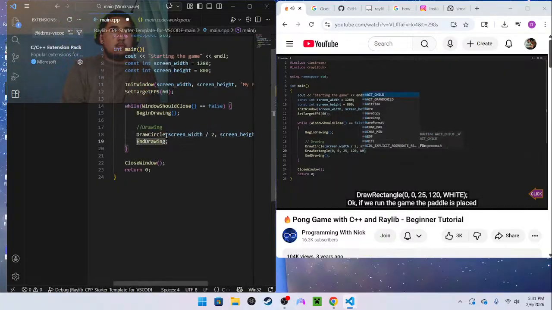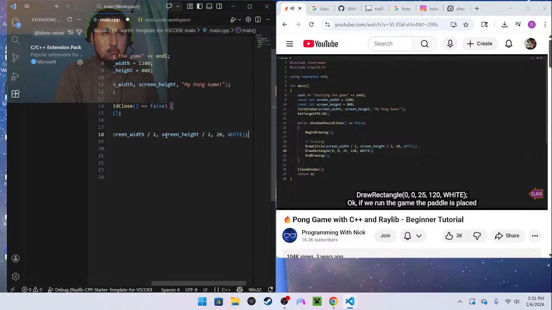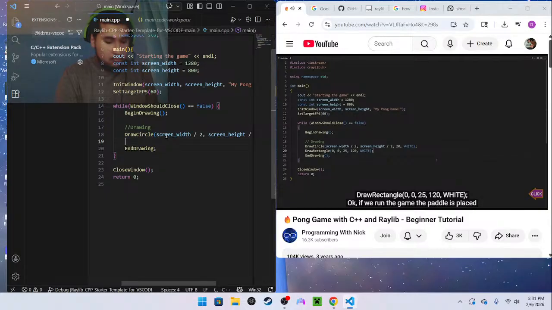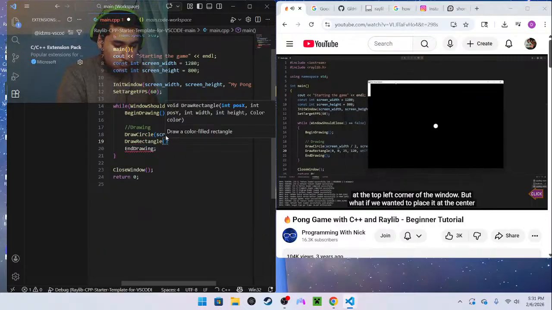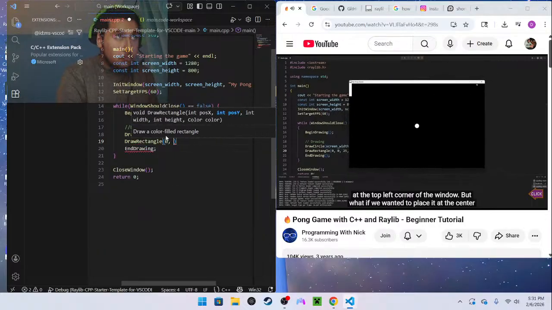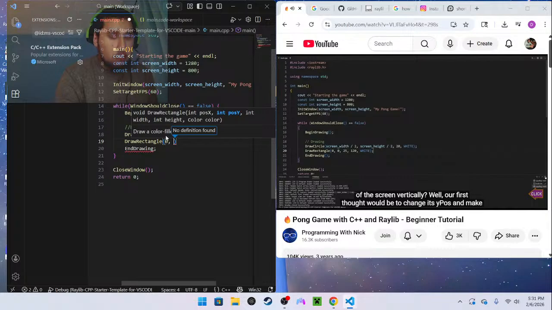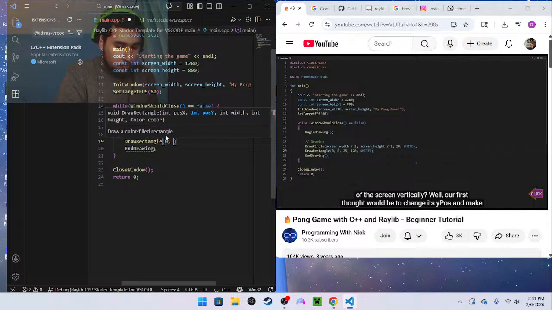120, WHITE. Okay, if we run the game, the paddle is placed at the top left corner of the window. But what if we wanted to place it at the center of the screen vertically? Well, our first thought would be to change its y position and make it screen height divided by 2.